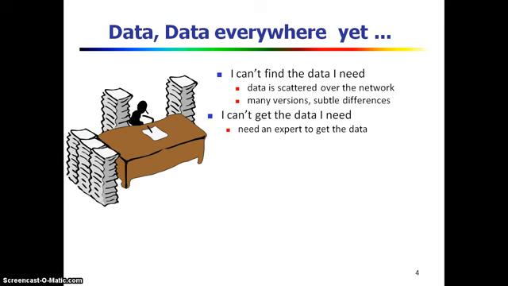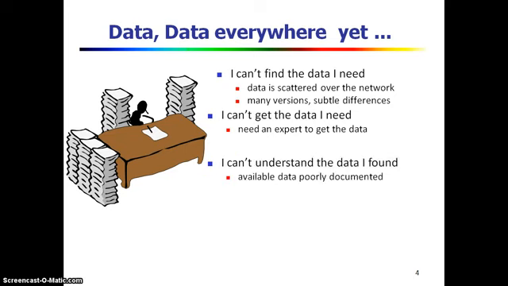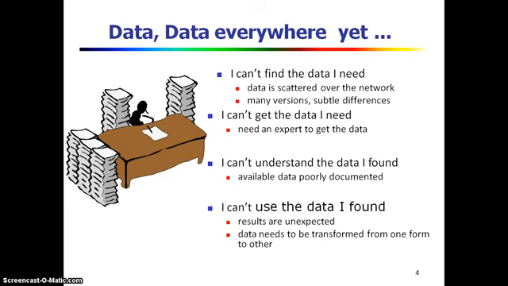I can't get the data without an expert, and since the expert is not available, I can't get that data. Even whatever data I get, I can't understand it because the available data is poorly documented, so I can't use the data I found. And if I use it and the results are unexpected, the data doesn't make any sense. So, my dear friends,